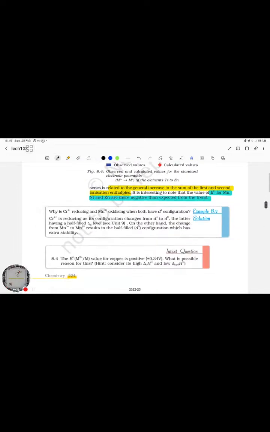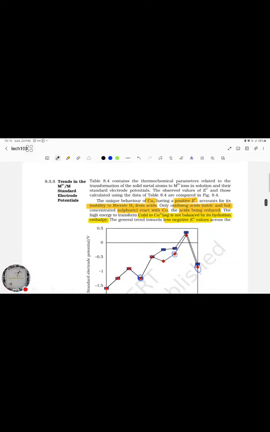So now we are entering into quite a difficult part of this particular chapter, that's trends. We'll have to remember them. So trends in the